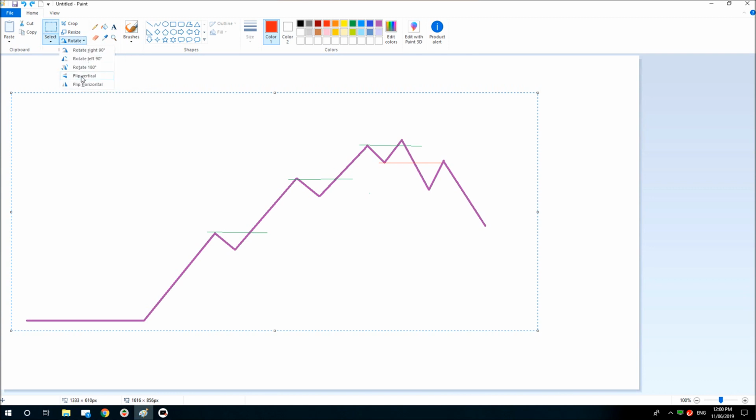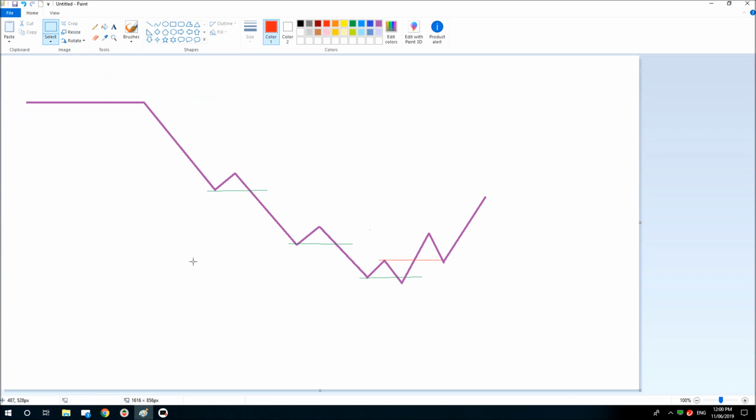If I flip this vertically, you can see here exactly the same thing. Price had been moving sideways, selling wave comes in, and price breaks down from this sideways trading range. The buying wave is weak and short, and then the selling wave comes in, but it's a little bit shorter in length than the initial thrust lower.